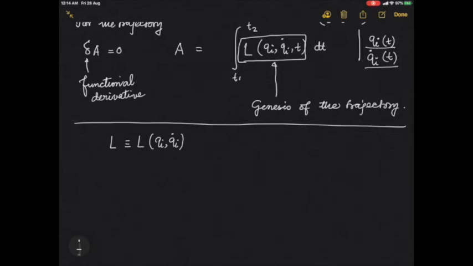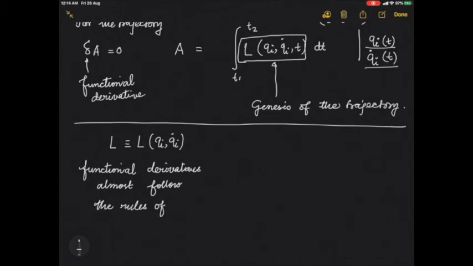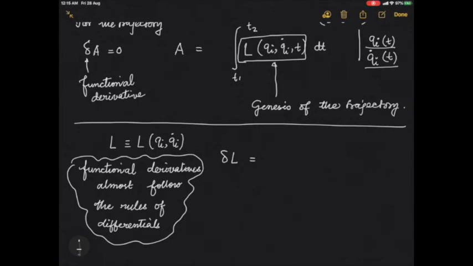You should treat it as an explicit function of time also, and see what happens. What is the result if it's an explicit function of time? What will change from what I'm doing right now? Now, as we said, the functional derivatives almost follow, I say almost, the rules of the normal derivatives, differentials. So without proving this, let us calculate what is delta of L in terms of